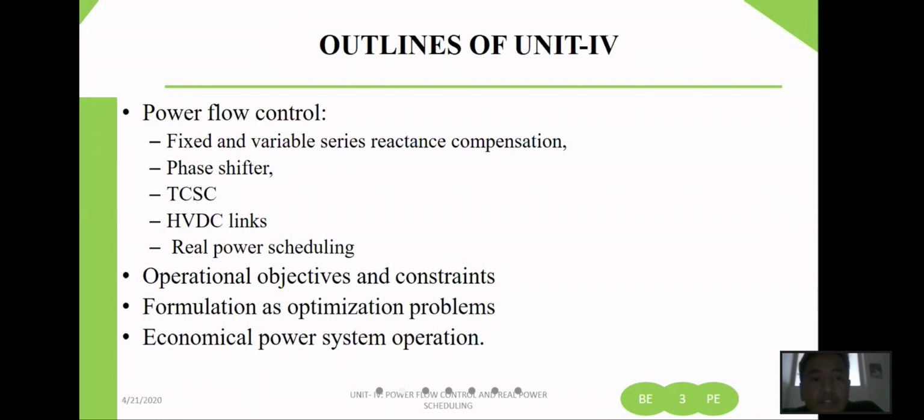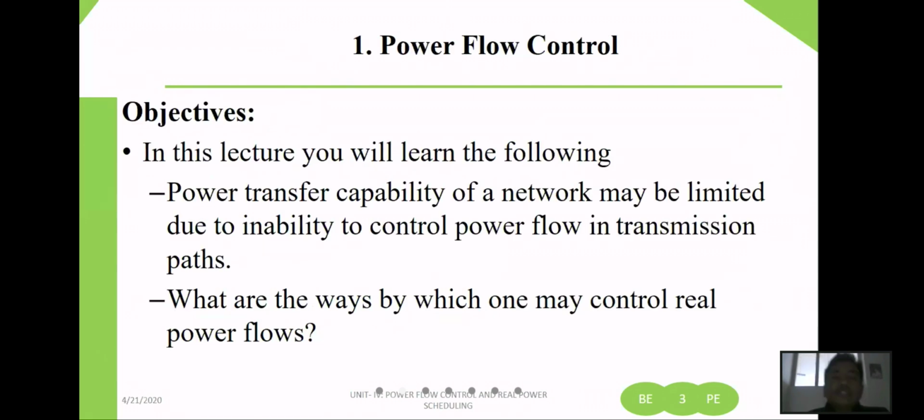Okay, so these are the unit outlines of unit 4. First let's see power flow control. Under power flow control,